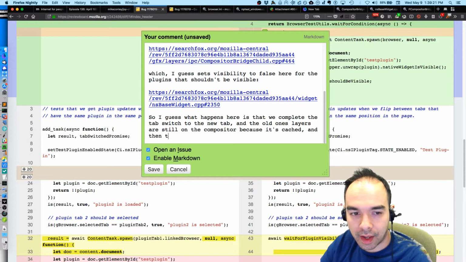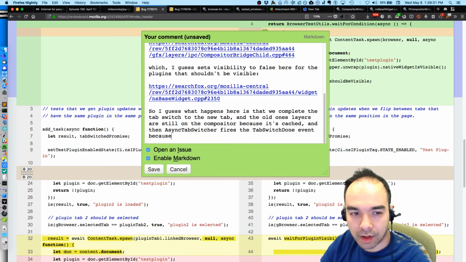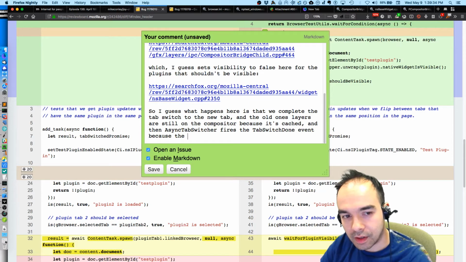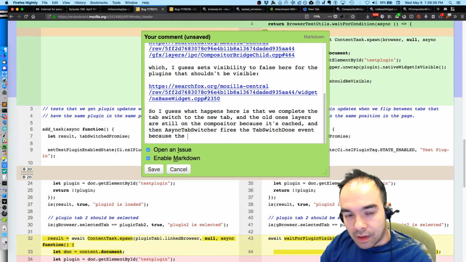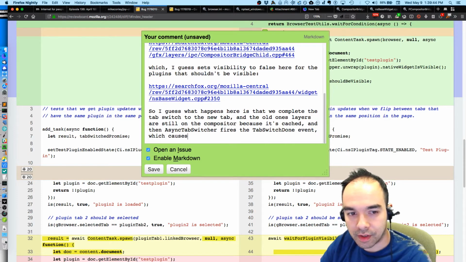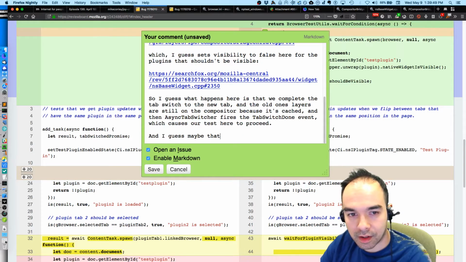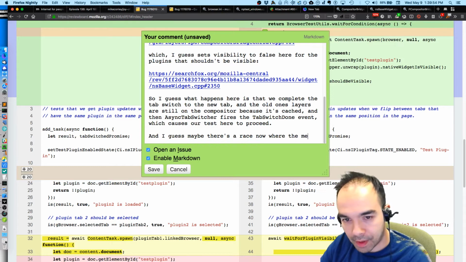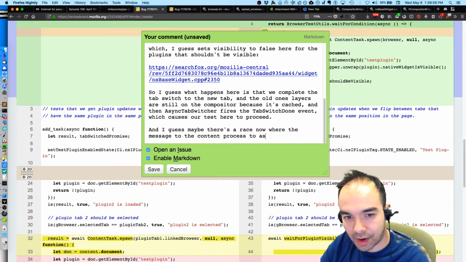And then async tab switcher fires the tab switch done event, which causes our test here to proceed. And I guess maybe there's a race now where the message to the content process to ask about the